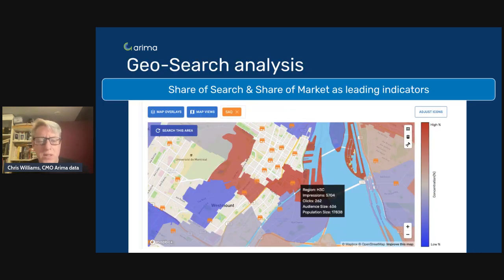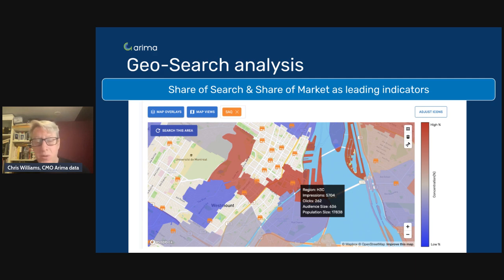Here's what the search analysis looks like. We've brought in some data from a search account and mapped it out by FSA and indexed to show these are the areas where we're seeing a large amount of response in terms of search. Obviously, that's been based on consumer interest, often generated by broadcast media. And then you look at, of course, the retail outlets, so we can understand which areas are likely to get